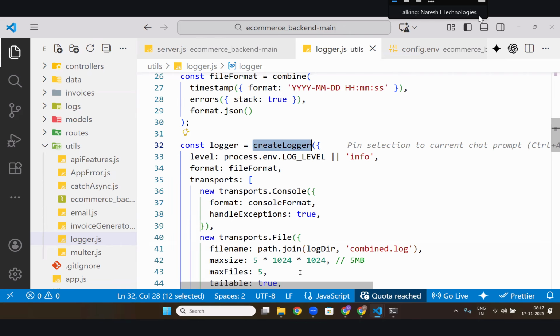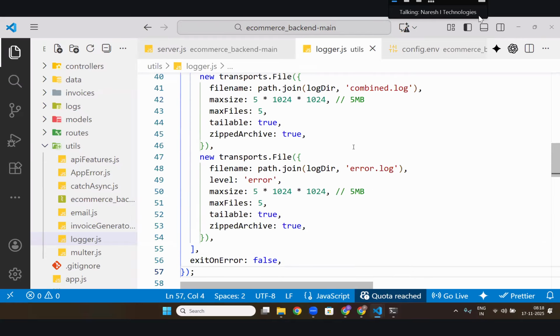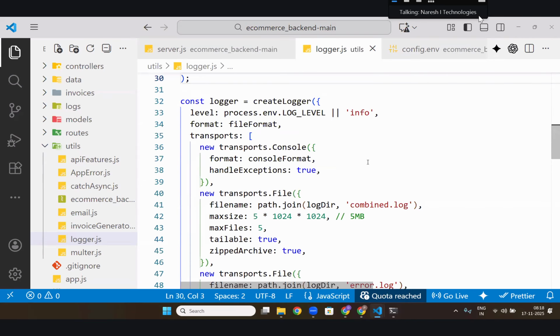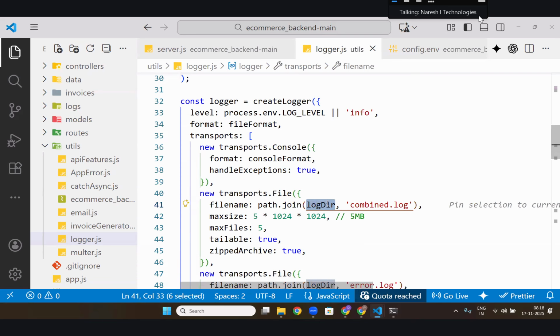They keep all these logs, all logs inside combined.log, in one file in the log directory. In that log directory, they keep all the files. Errors will come in errors, combined ones in combined, infos in infos, and they keep it in one folder. So if any error happens, you can go to your system file manager, some folder will be created, the log directory. In that folder, they keep all this.